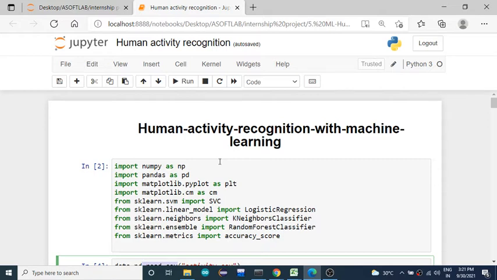So those things you need to analyze by doing exploratory data analysis. Okay, so fourth step is performing exploratory data analysis.